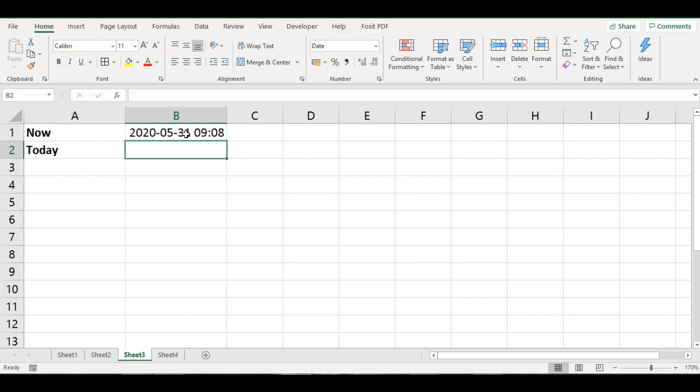So if you look at this date here, you would see that I do have the date and time. It gives you the exact date, the current date, the time, and the minute. While the today function